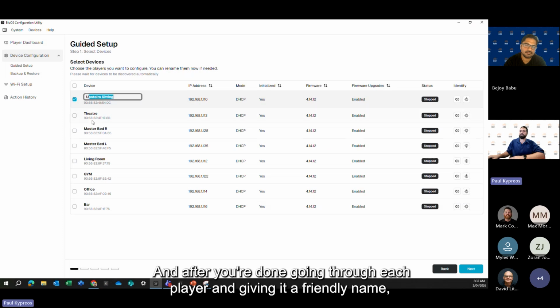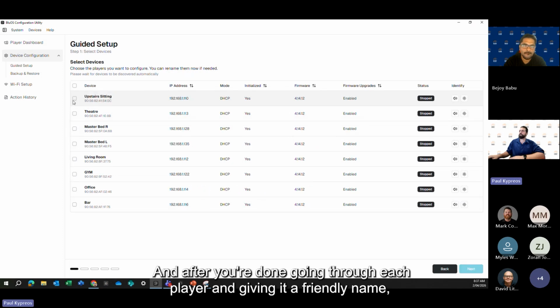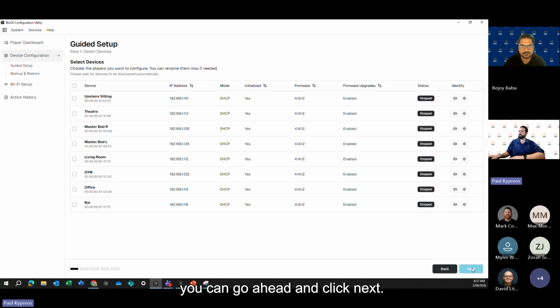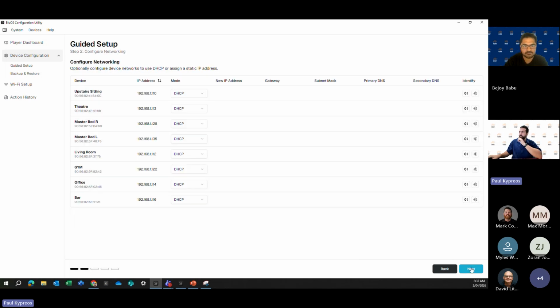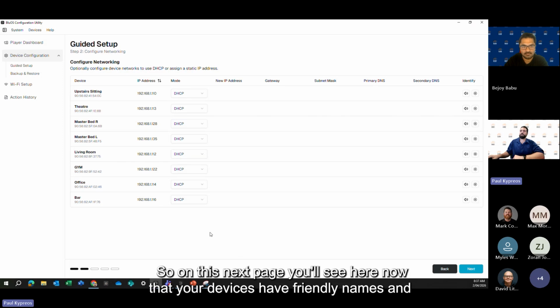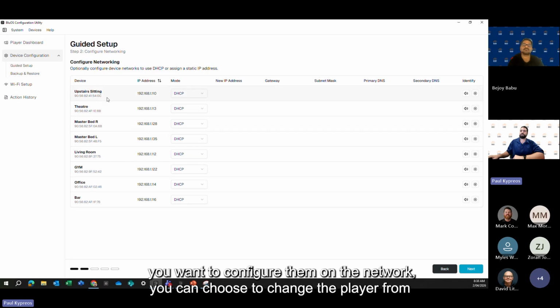And after you're done going through each player and giving it a friendly name, you can go ahead and click next. So you do have to select all the players that you want. So on this next page, you'll see here, now that your devices have friendly names and you want to configure them on the network,